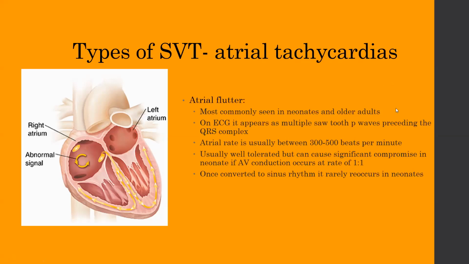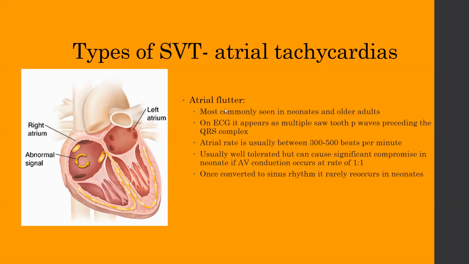The atrial rate runs pretty fast, between 300 to 500 beats per minute, but you'd expect to have a more normal ventricular rate with that. As you can see in this image, you get a little circling loop within the atrium that just keeps contracting, and then every now and then that will go through the AV node and you'll have a ventricle contraction. Most of the time it's really well tolerated, tends not to cause any particular compromise,